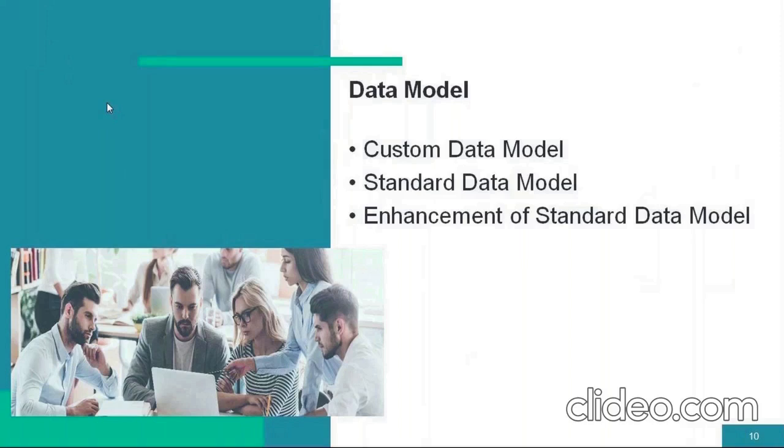So in MDG there are some different activities involved in order to configure them. First is the data model. So what is a data model? The data model is the place where the list of attributes and their relationships are maintained, which we are going to use down the line in the framework. That is nothing but the data model, which sounds like a data house. Now SAP has given us a standard data model for BP and finance.